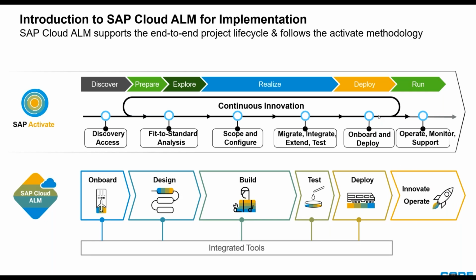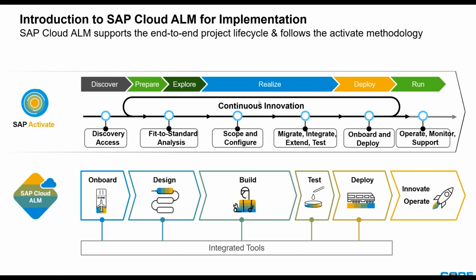Now, how does Cloud ALM really support your end-to-end project lifecycle, including how does it map to the SAP Activate methodology? In the top section here, you primarily see the SAP Activate methodology, where, regardless of the type of ALM tool that we're using or no tool at all, we usually go through these types of phases to implement an SAP project, which is, we primarily start from a discovery, and then we go through the fit-to-standard analysis and also the scope project and configuring,